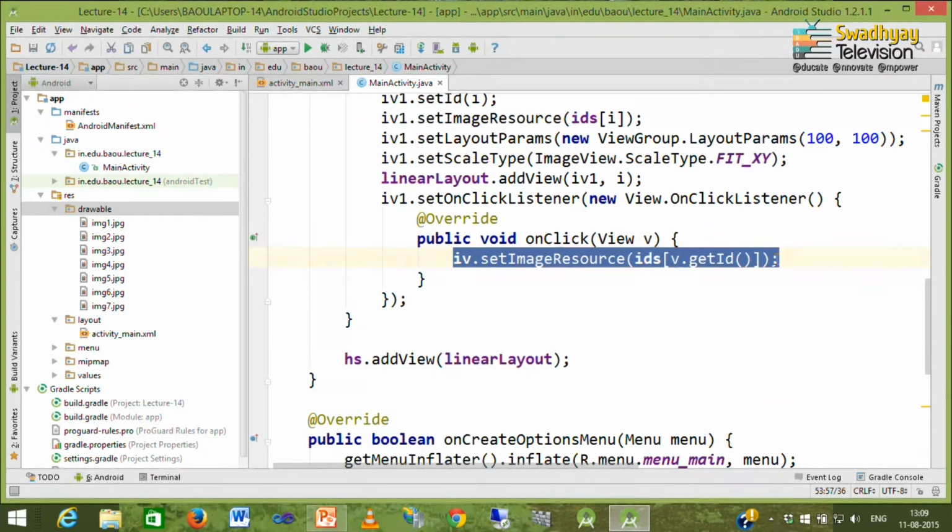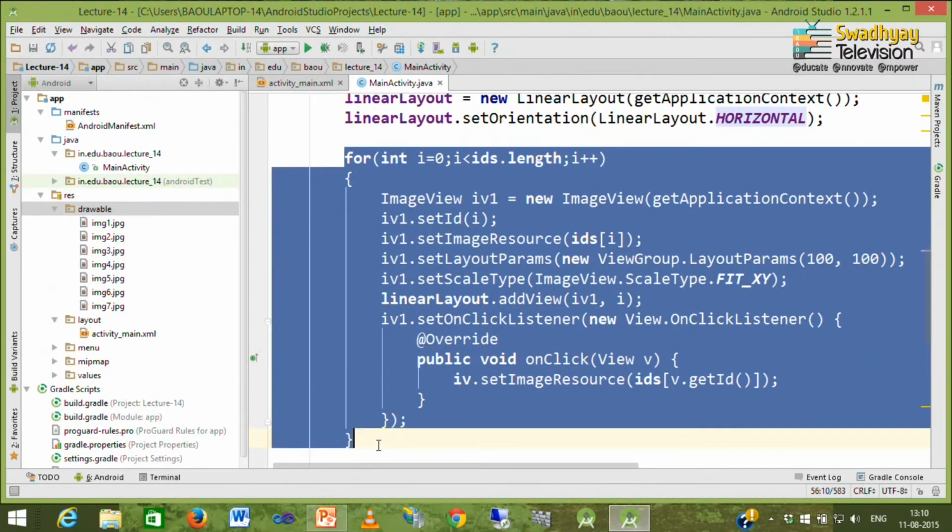So, this single line will work to set the image inside the design time image view from the linear layout image view. So, this is how we can handle image view click event. This for loop will run 7 times, it will create 7 image views, add them inside this linear layout, and we also handle their click event.